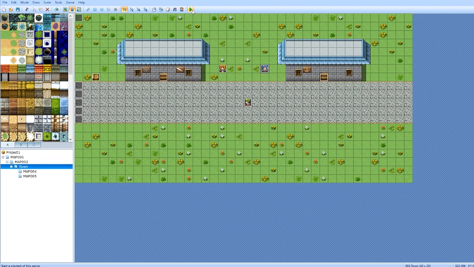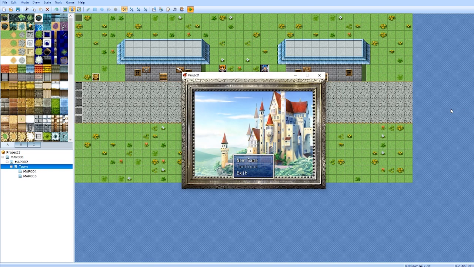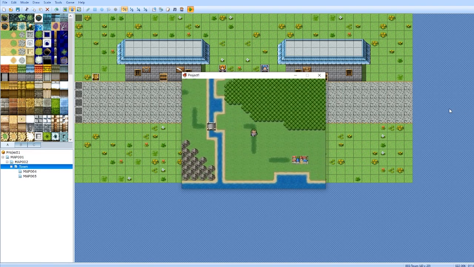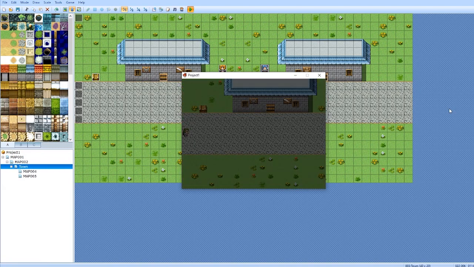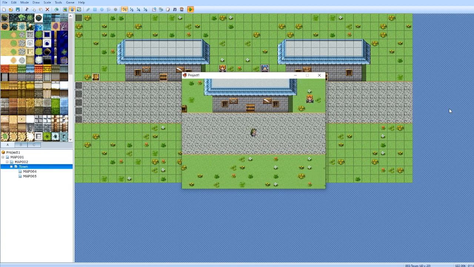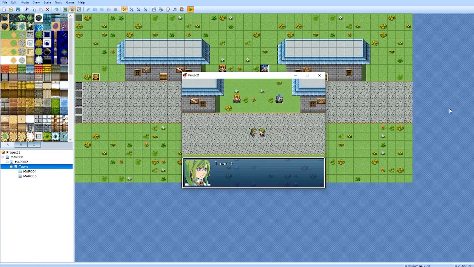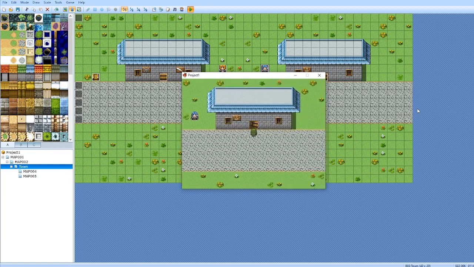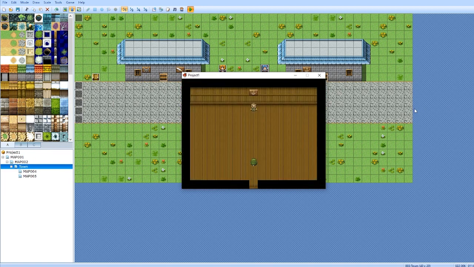So we click that, and now when we go into the playtest, we will run straight into the village, and what a nice little village, whatever, I'm going to grab that, and we see Jane. We click on her. I can't afford to eat. Can you get me a meal ticket? Run into the shop, grab a meal ticket,